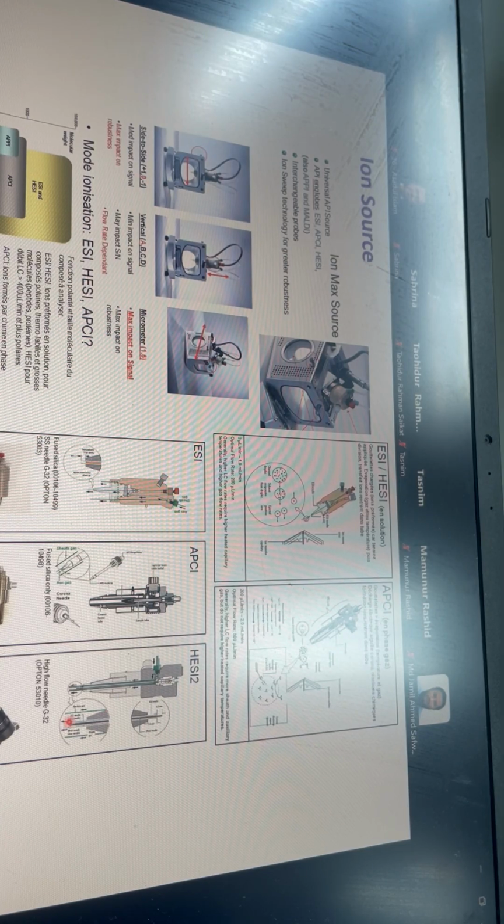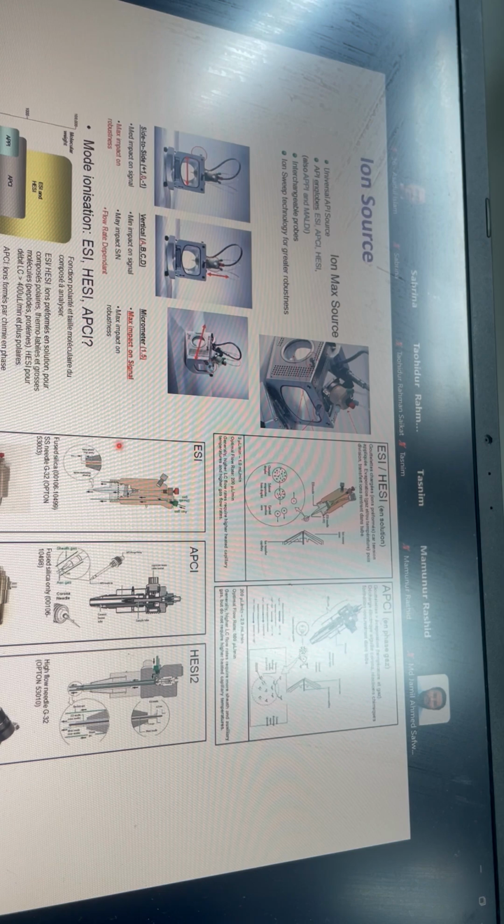So you have different types of ionization source: electrospray ionization, atmospheric pressure chemical ionization, and heated electrospray, meaning you also use some heat to desolvate or evaporate ions. Okay, and these are the different